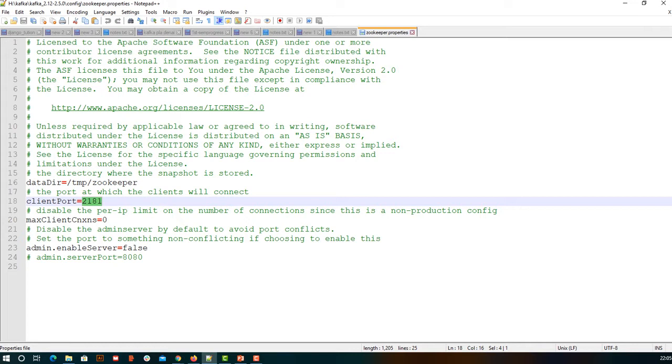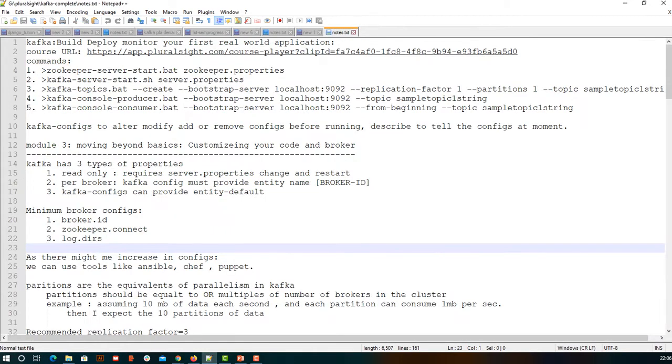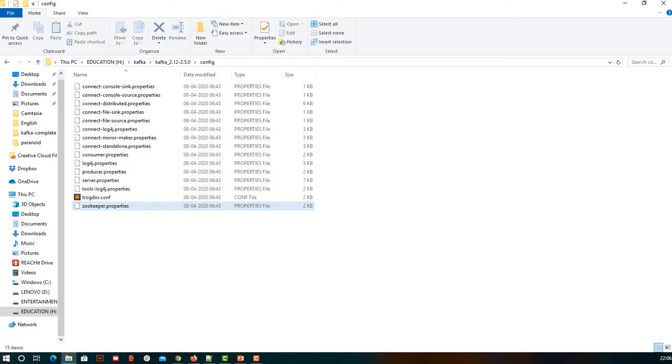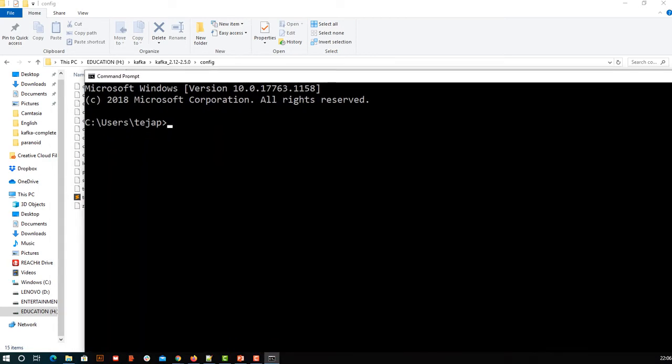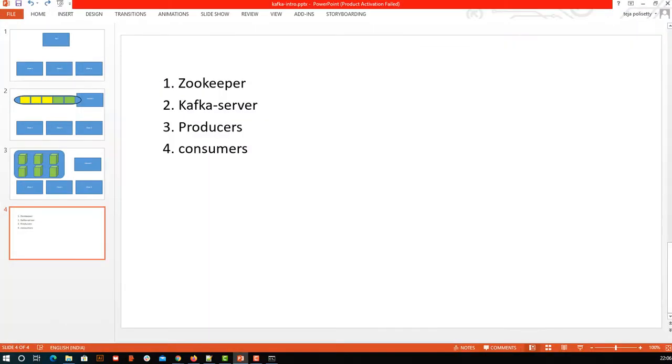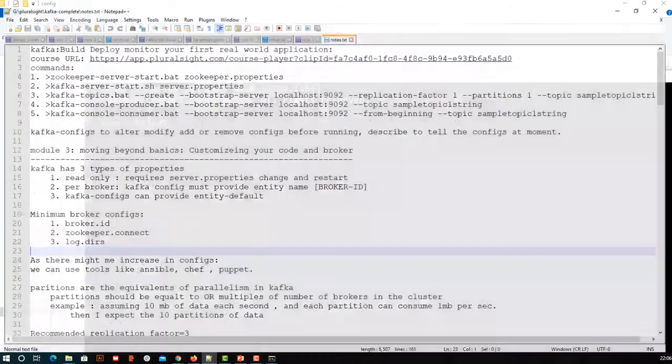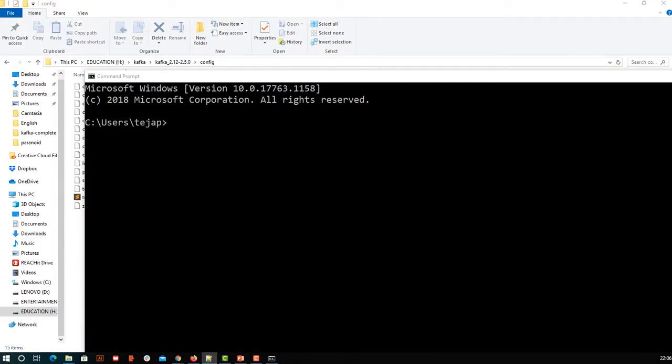So the default properties which are needed for any Zookeeper or any producer consumer, all of those are provided in the bundle with properties files. Okay, so I'll open my terminal, and in the terminal what I need to start first is Zookeeper, right? So let me have this thing because I am going to use Zookeeper server start